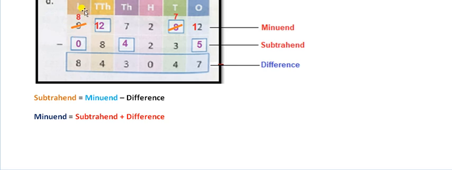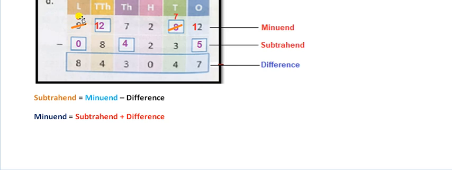Now come to the last column, that is lakh. So here we have to find the subtrahend. Again we will see that subtrahend can be obtained using the formula minuend minus difference. So here my minuend value is 9 and my difference number is 8. As we have seen, the earlier number has borrowed one from 9, so 9 will have one less, that is 8. So cut and write 8.